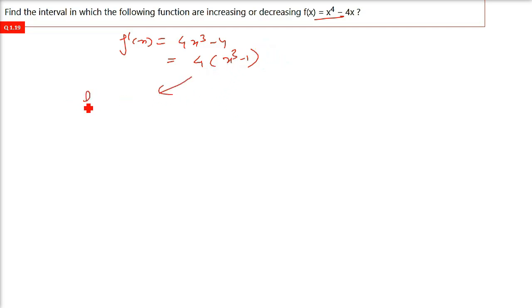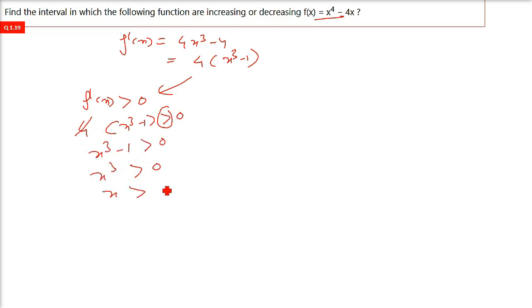So let us start first with f dash x greater than 0. So 4 into x cube minus 1. See, in the previous question, when we were taking greater than 0, less than 0, we just divided both sides by 6 by 5 or 12 by 10. That will eliminate that constant. So don't worry about the constant at all. Here, 4 into x cube minus 1 greater than 0, divide both sides by 4. When you're dividing by any positive number, the inequality sign won't change. So when you divide it by 4, x cube minus 1 is greater than 0, x cube is greater than 1,